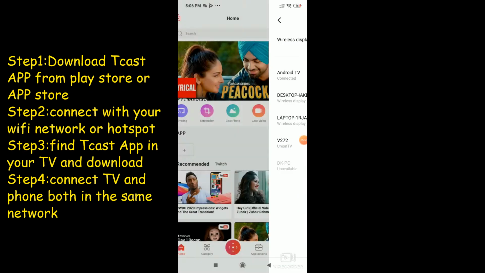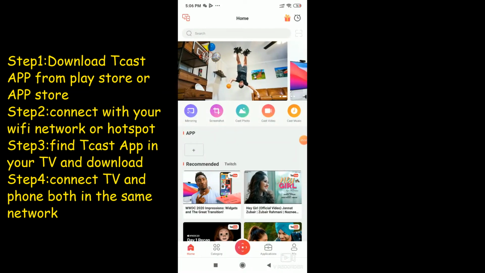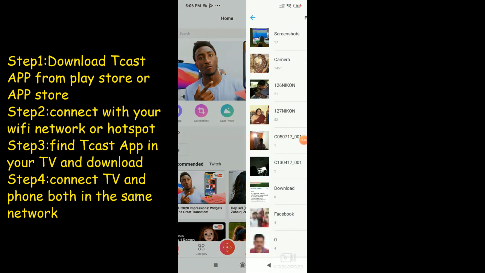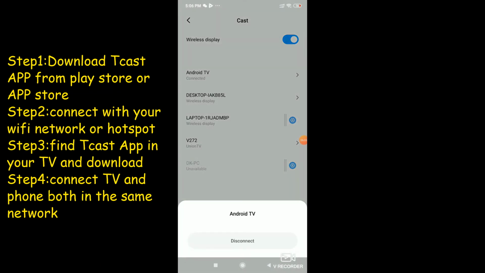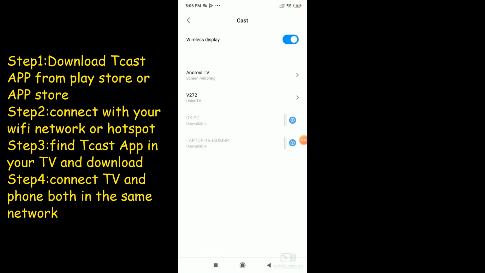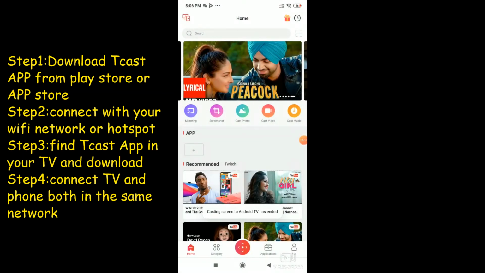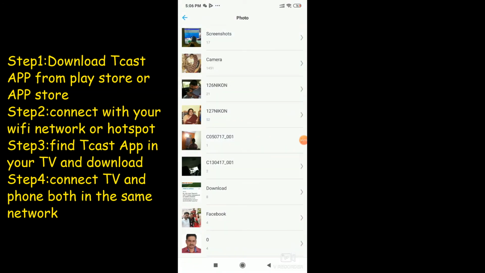The next option is cast photo. This I will disconnect. Then I will go to cast photo. With cast photo and cast video, the particular content you want to play on the TV, only that content will show on the TV.